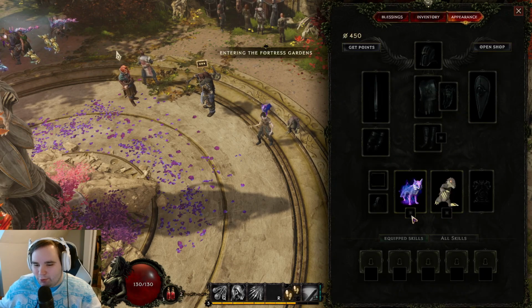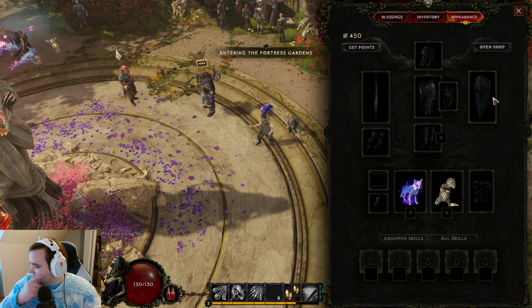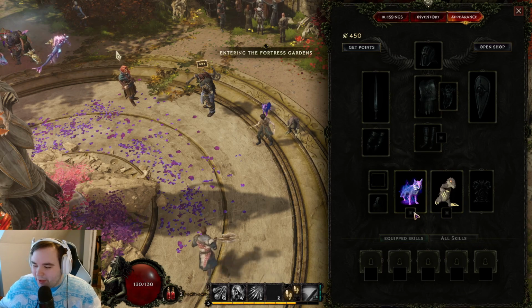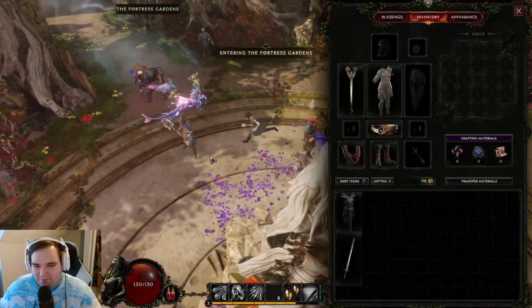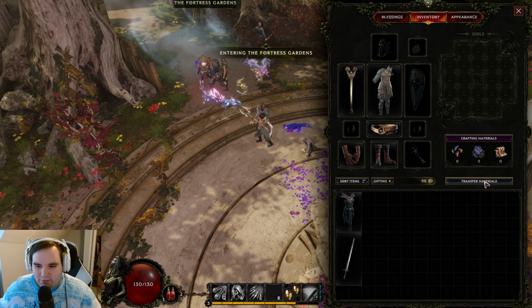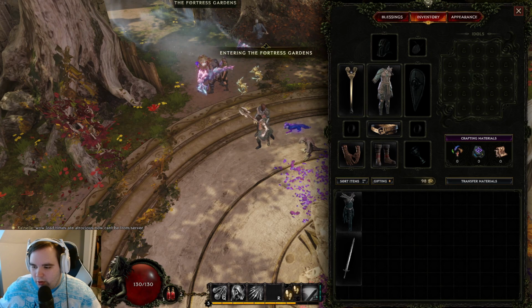I'm hoping that they loot gold for me like they used to in... Oh, there's augments? What? There's skill cosmetics? Oh, no. I'm hoping that they will pick up gold for me like the companions in Diablo 3 did, because I hate having to run around and pick up gold. I can gift things. Okay, so we're gonna give this...